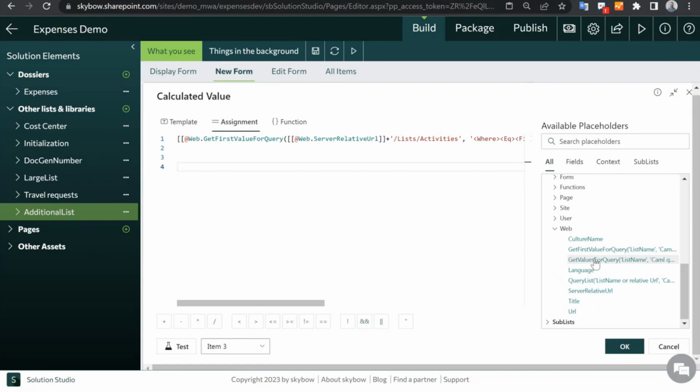which would be too long for today. But first value for query is returning 1 item, and it's the same thing, just 3 parameters: the field you want to return, a CAML query, and the list name. As you can see, that's how I do it. If I access a list, I'm even doing the base server relative URL, I'm doing dynamic. So if you deploy it somewhere else, it would always work. And then /list/activities. So from the activity list, I want to retrieve the title, and in the middle, I'm having